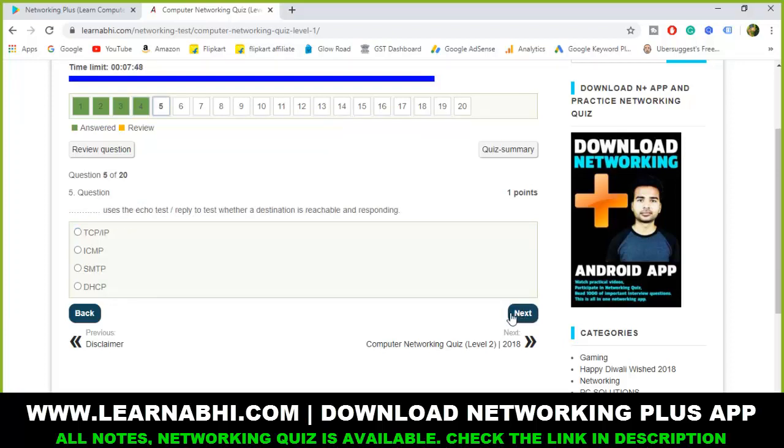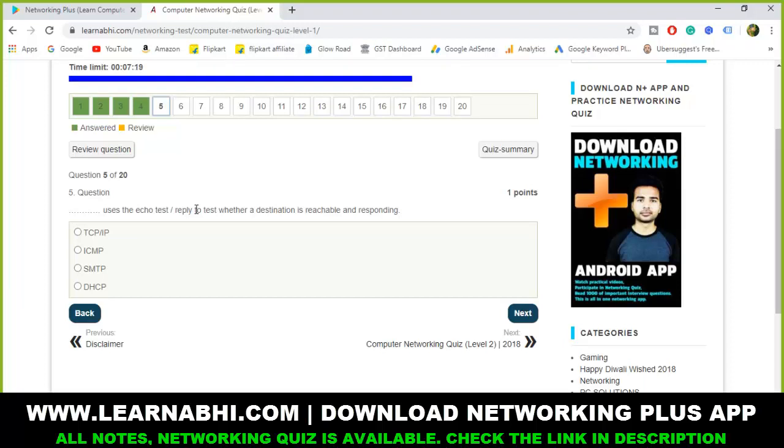Ring topology. Okay, next question is, dash uses the echo test or reply to test whether a destination is reachable and responding. Which protocol tells you that? Try to think once and tell the correct answer.